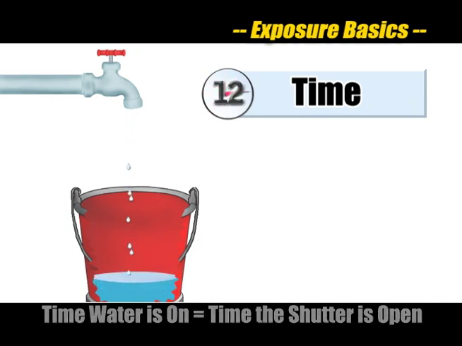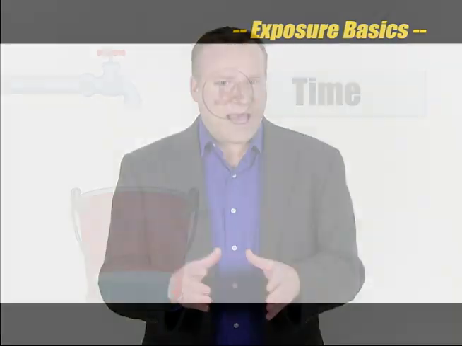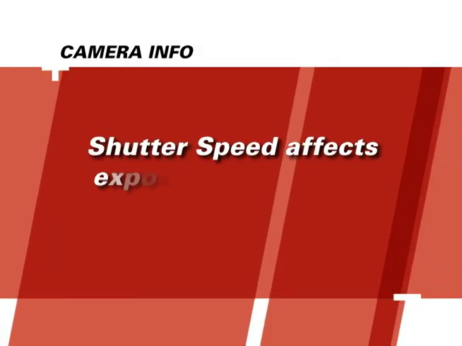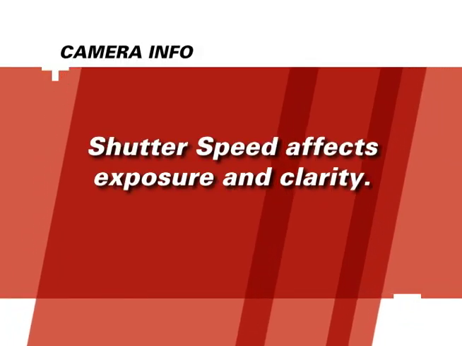Aperture is related to shutter speed in a similar way. If the aperture is small, you'll need to have a slower shutter speed to gather enough light to create the appropriate exposure. If the aperture is large, however, you'll need to have a faster shutter speed to create the same effect. It's important to know that shutter speed doesn't only affect the exposure, it also affects the image's clarity when